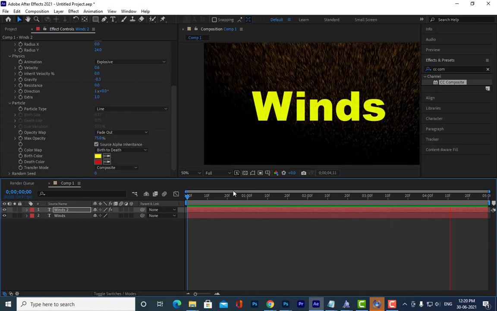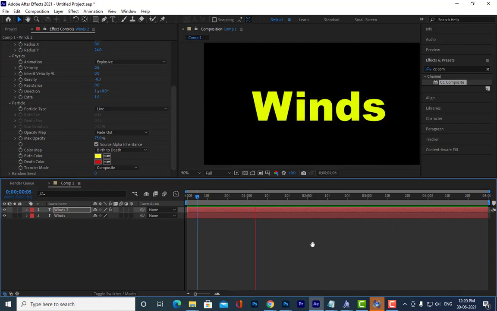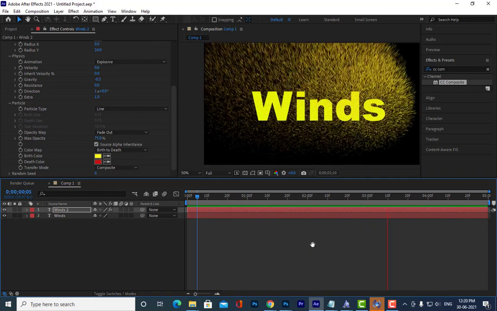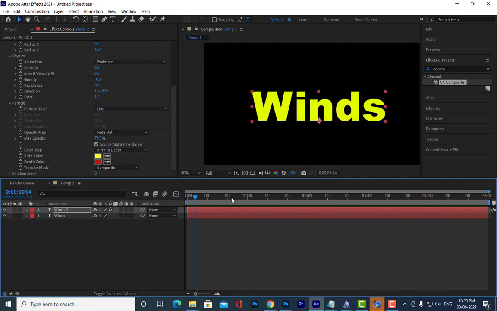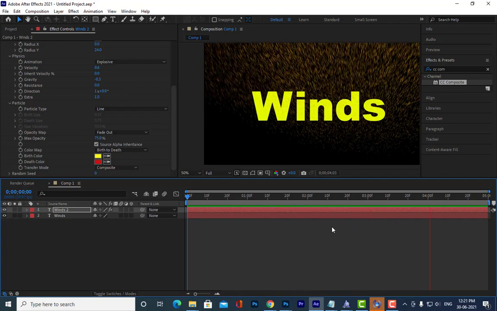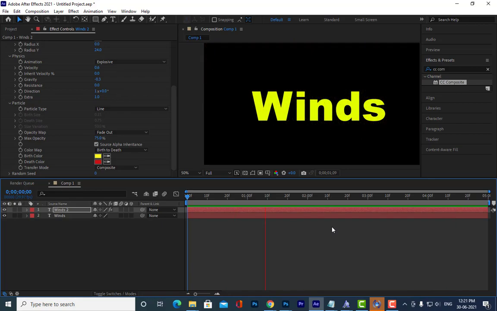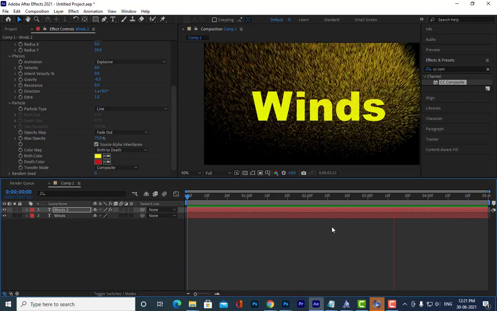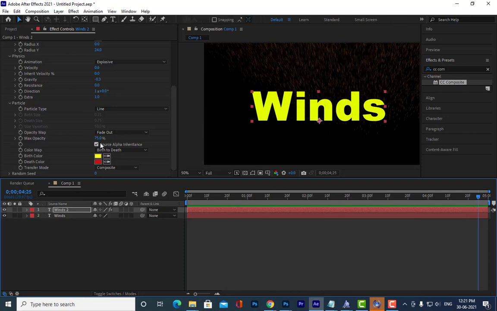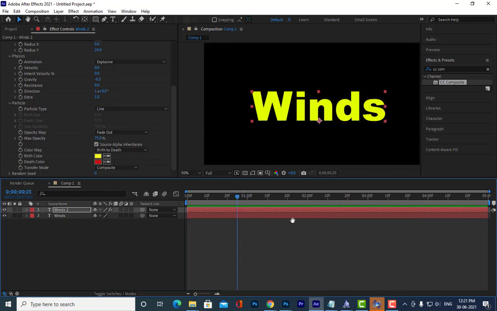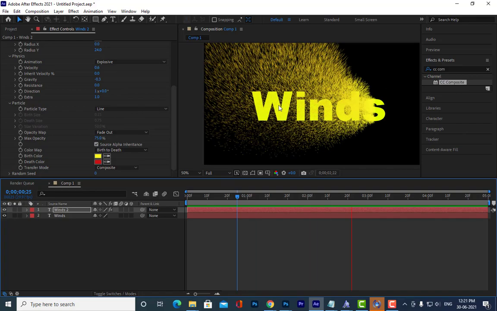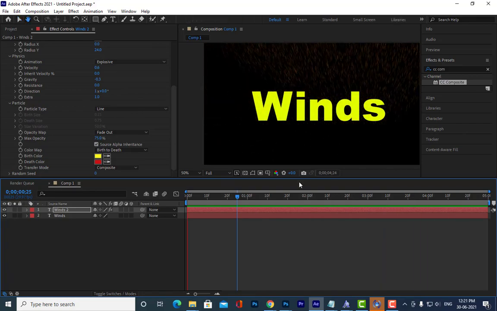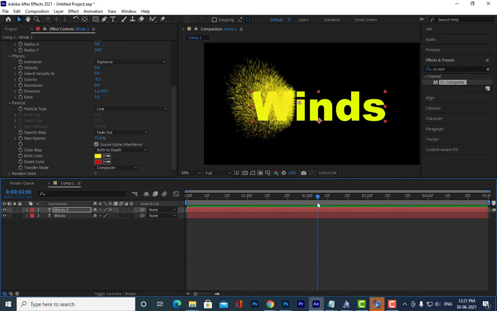See, now the particles are emitting only within the boundaries, within the limits of the text. You can't see the particles outside the text. Able to understand, Nitin? Yes, sir. Okay, the moment you click on this, the particles are only emitting within the boundaries or the limits of the text. So that is the idea here.